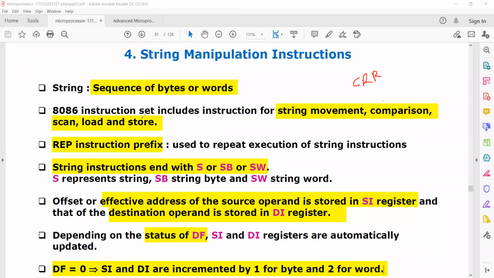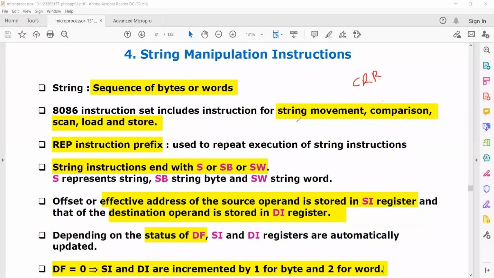That means we can move a string from one register to another register or from one memory location to another memory location.